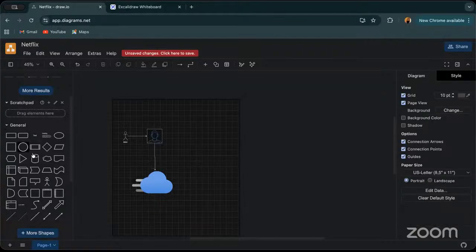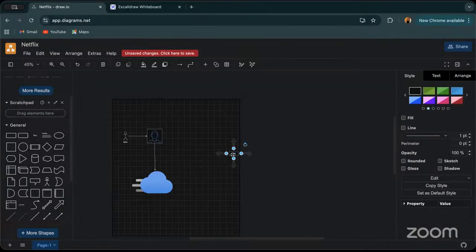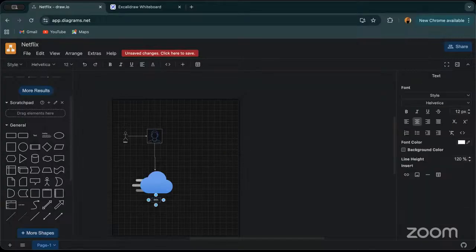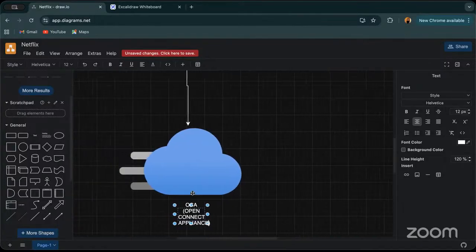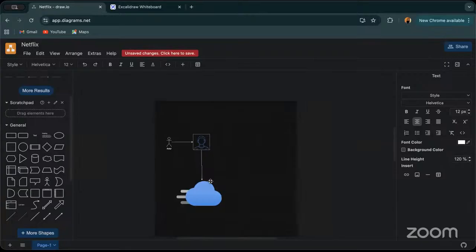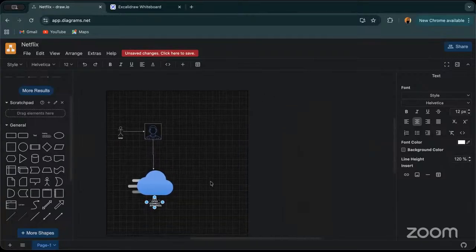Okay, so these will be your OCA, which is Open Connect appliance. Okay, now,